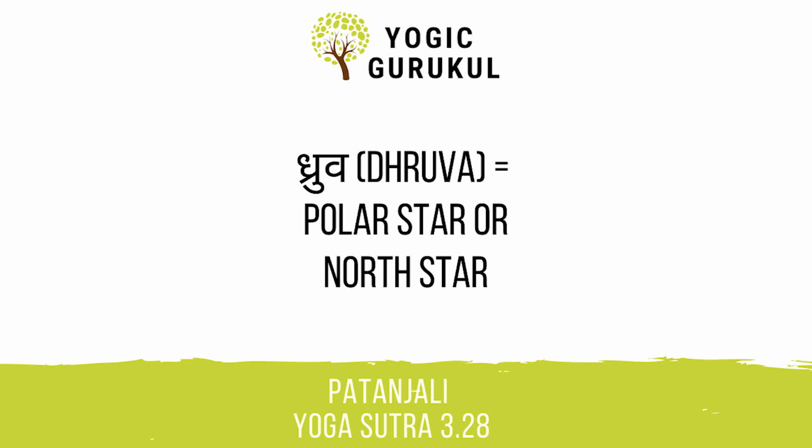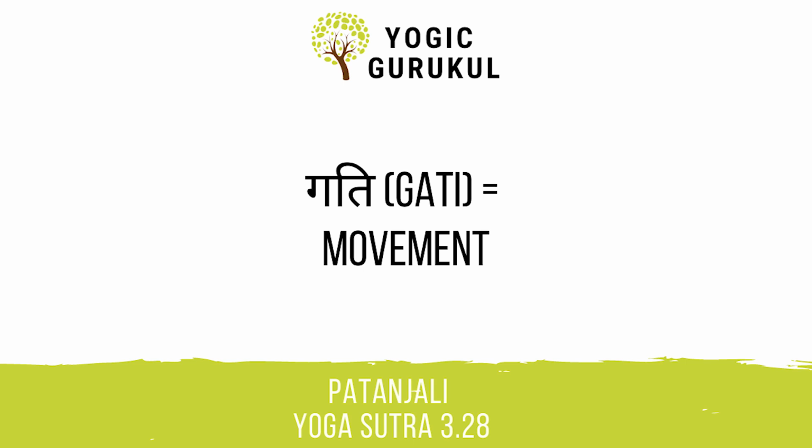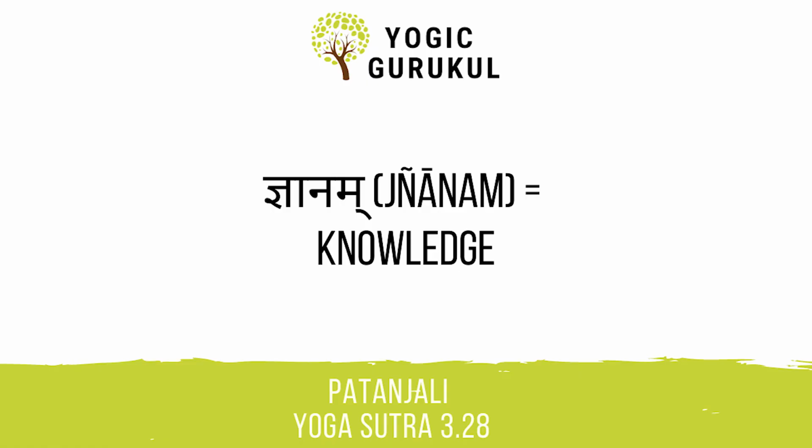So this is also a very common Indian name actually, where people have the name Dhruv or Dhruva, and it indicates the North Star. Now coming to the next word, we have Tat or Tad, which refers to that. So we're going to understand which that, but this is that basically with Tat. And then coming to the next word, there is Gati. So Gati refers to movement. And finally with the next one, we have Jnanam, which refers to Gyan or Jyan, which is knowledge.